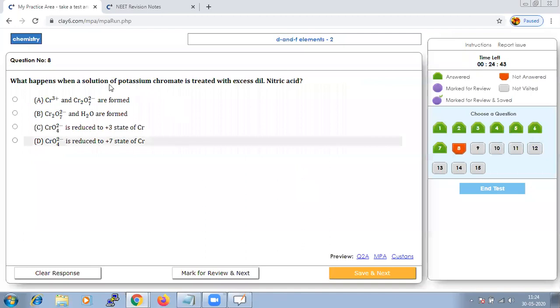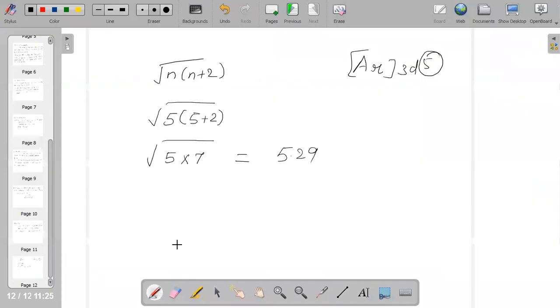What happens when a solution of potassium chromate is treated with dilute nitric acid? It is potassium chromate when it is treated with dilute nitric acid. So do remember, dilute nitric acid will convert your chromate to dichromate and water. Dichromate and water. So when we write the reaction, it is as your